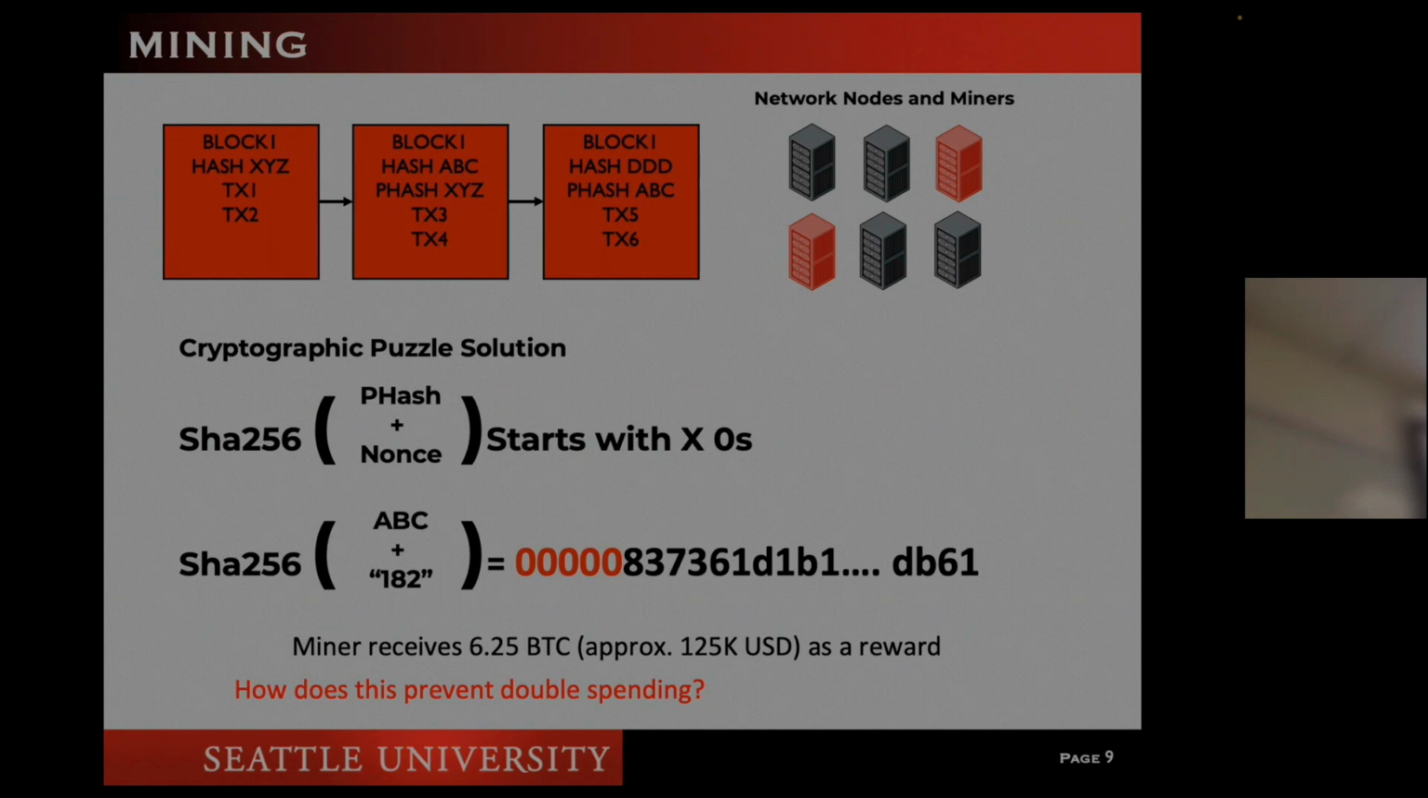Okay. Who the heck is adjusting this? What if one node operating is using 3 zeros, another one is using